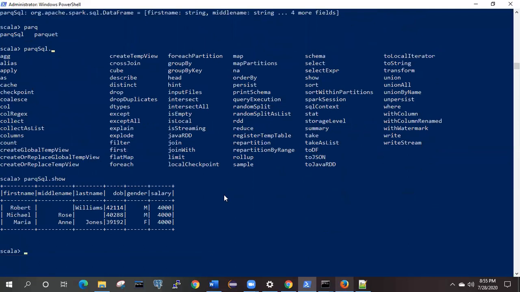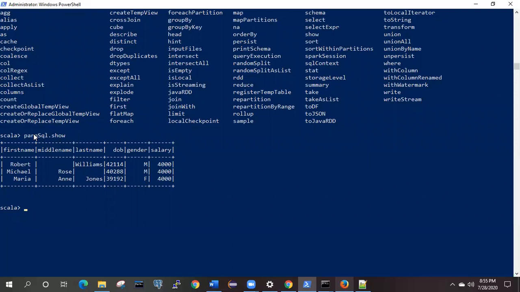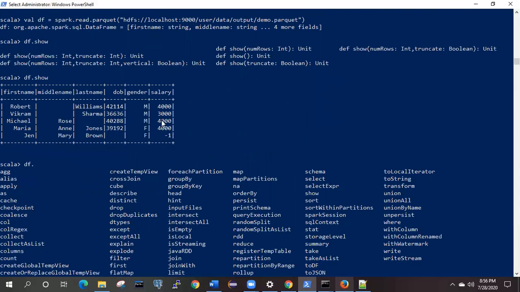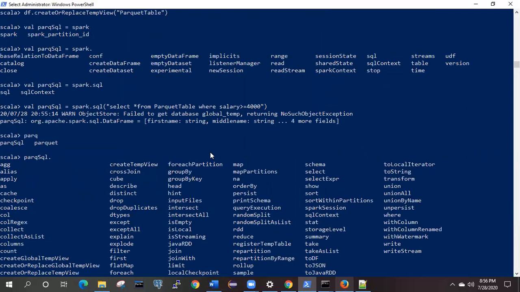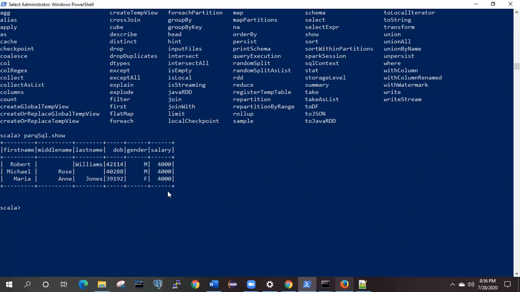You can see that this SQL query has worked successfully, and it is listing only the employees whose salary is greater than or equal to 40,000. If you see the whole data, someone has 30,000 also, and some are without salary also. So that is not listed over here. It means our SQL query is successfully working on that one. This is how we have read it through the Spark SQL.